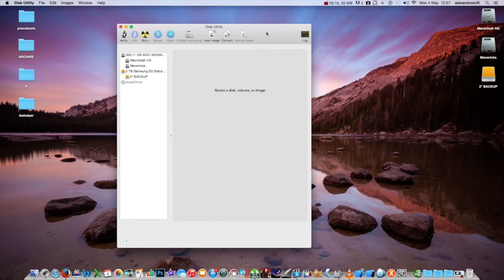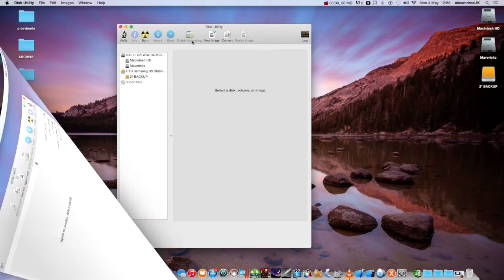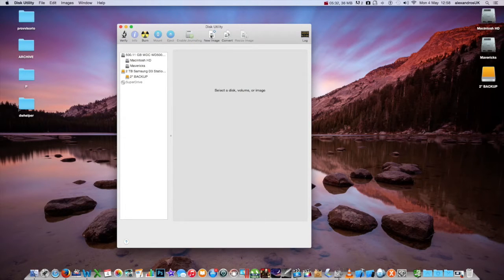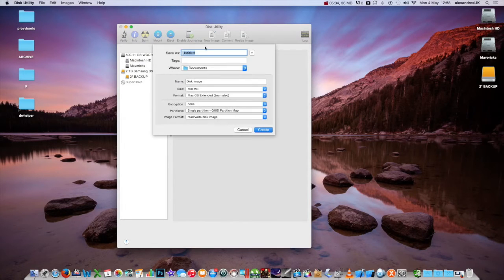Okay, once in the main screen of the Disk Utility, you can see you have very different options here on the top bar. Verify, burn, mount, eject, and so on. You just have to click on New Image, select a name for this new folder, for example, private stuff. You can give it a tag if you want to,